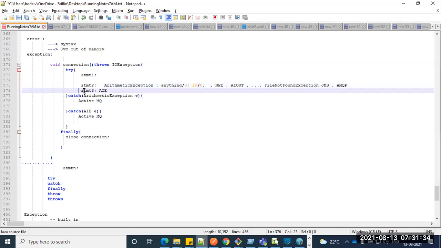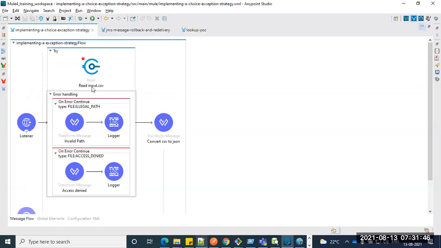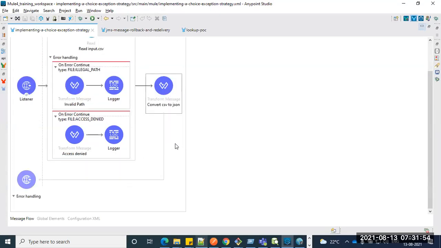then you don't need to put the entire thing inside the try block. You just take that out and put only statement 2. Here I'm doing the same thing: only that particular component I'm putting, not handling the entire thing. If you want to do that, it's the global level, which is the flow level. This is the component level, and that is the flow level. Yesterday we put that in the DB connection, I just put it at flow level.